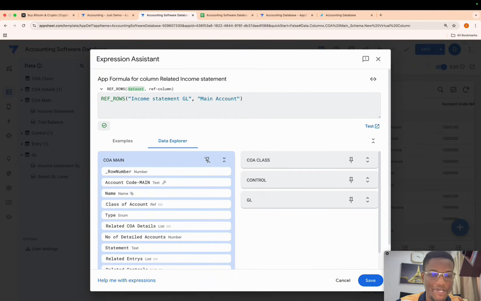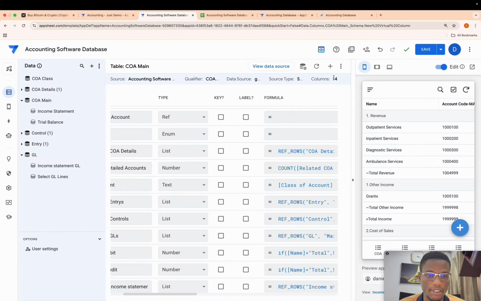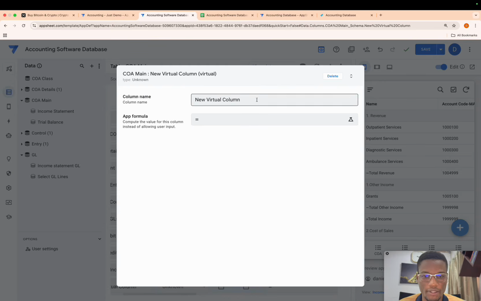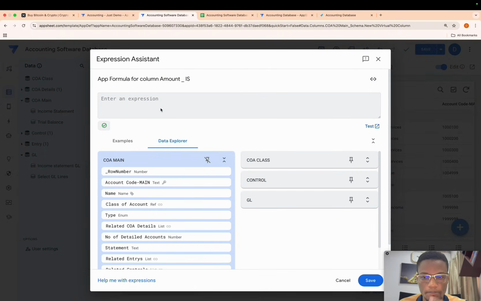So now this gives us a related table that's only specific to the duration that's been selected by the user from the slides, right? Good. We're going to click done. And then we're going to do our amount all over again. So amount for income statement. Click here. All right.